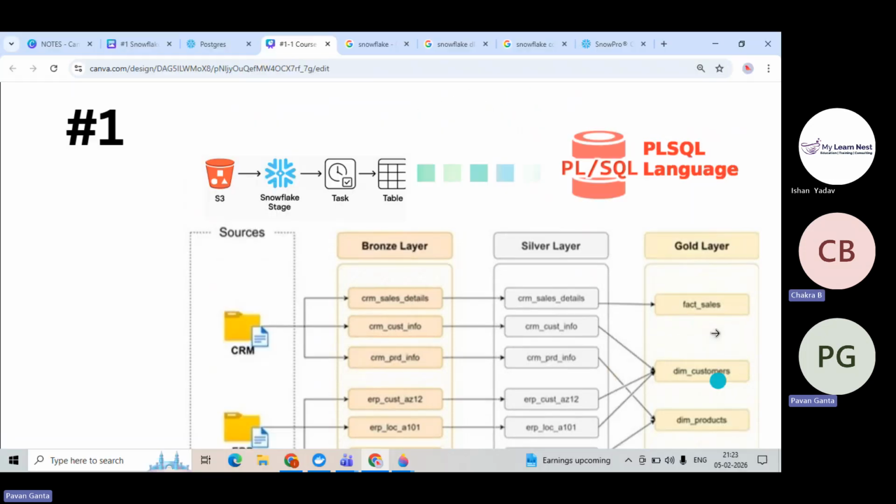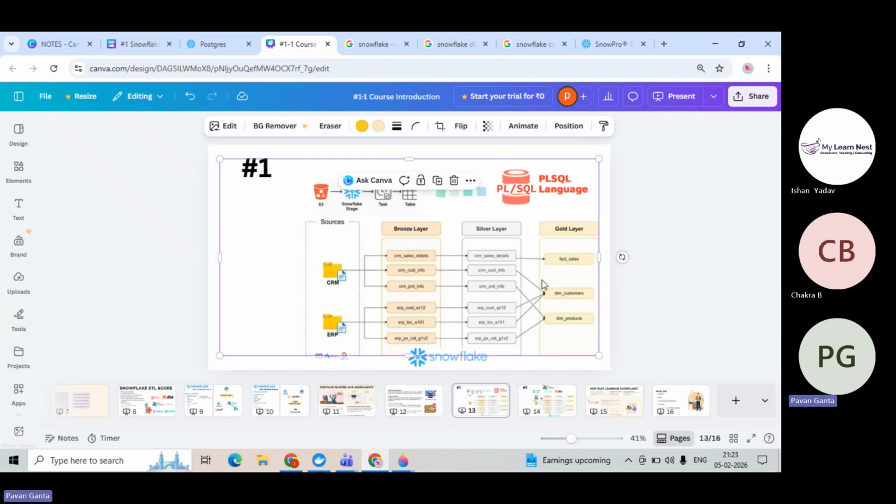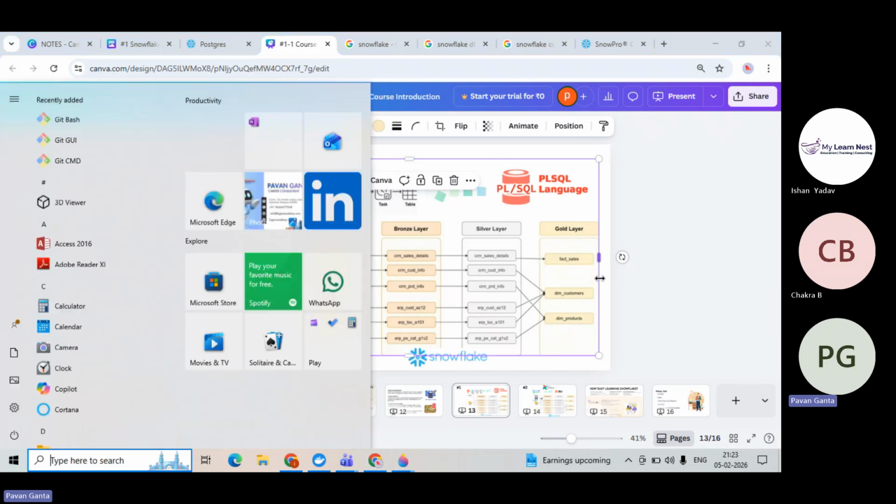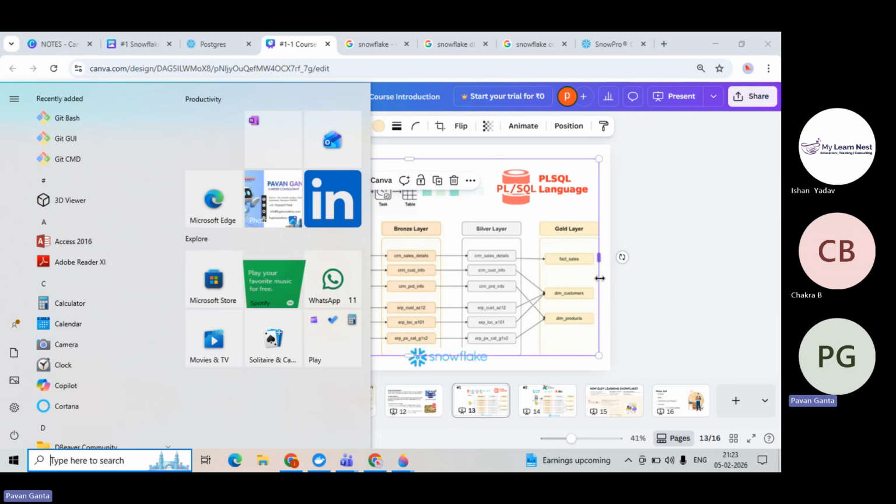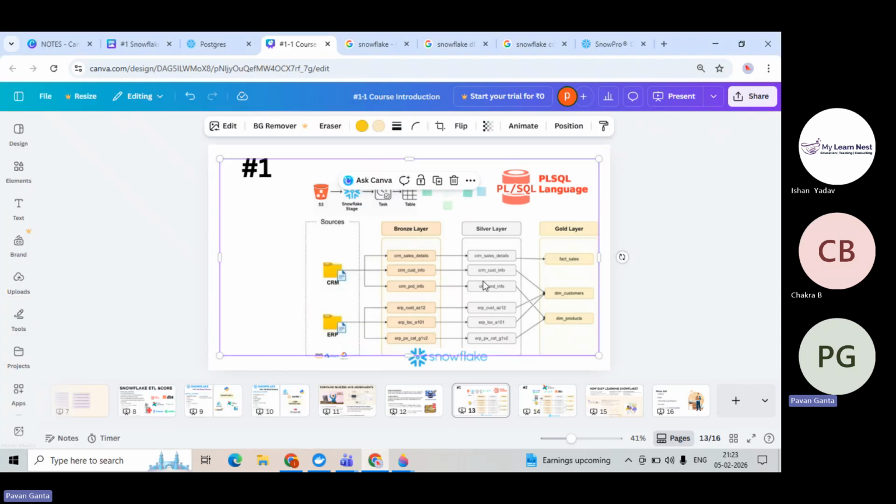So your role is completely different. You are from a data analyst background. This is a data engineer role. So what I suggest, okay, like if